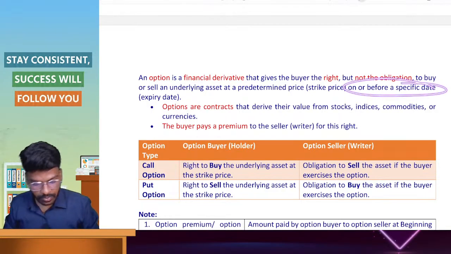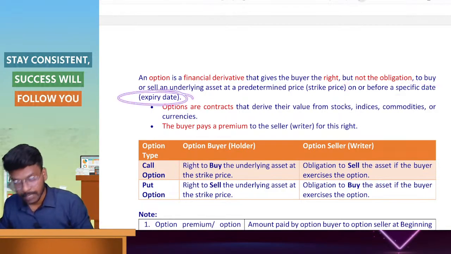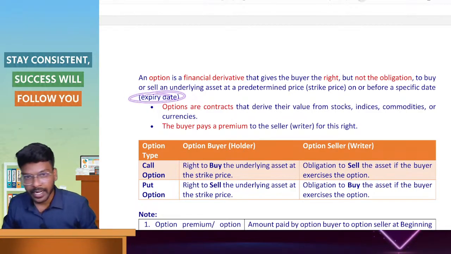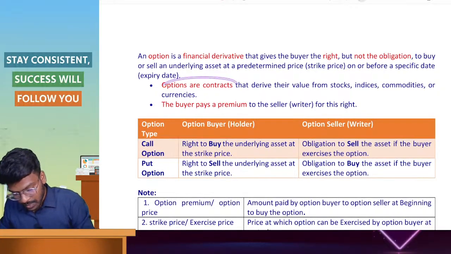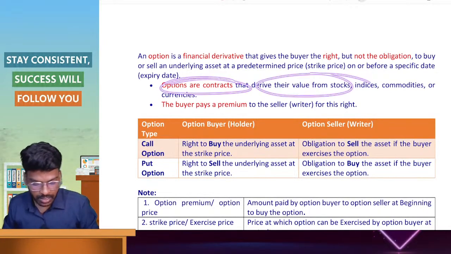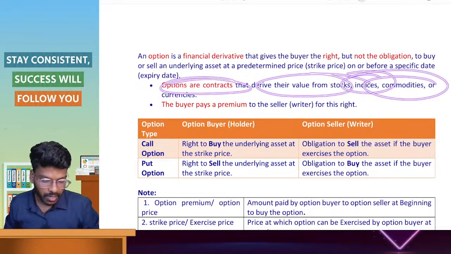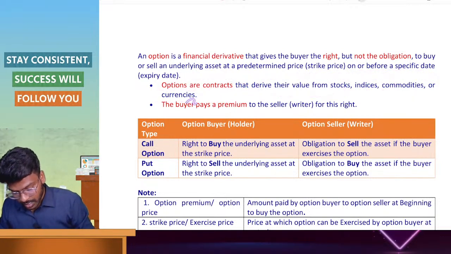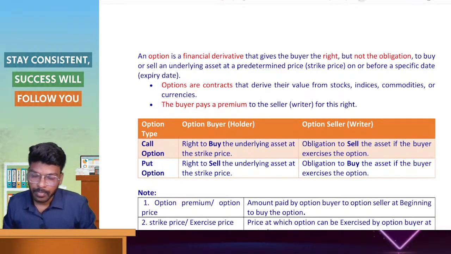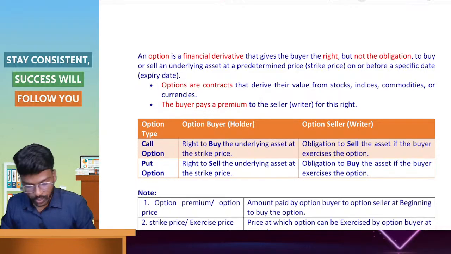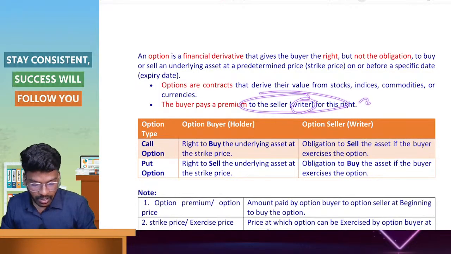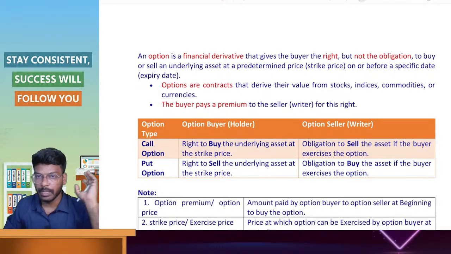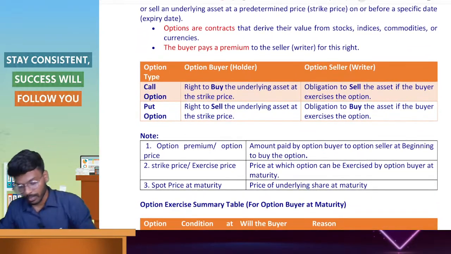On or before the specified date, that is expiry date. Before வந்து expiry date க்கு முன்னாடி fix பண்ணிடுவாங்க. Options are contracts that derive their values from the stocks, index, commodities or currencies. Also the buyer pays the premium. Okay, buyer will pay the premium to the seller, that is writer, for that right. அந்த right க்காக நம்ம actually ஒரு premium amount pay பண்ணணும். ஓகேவா, note